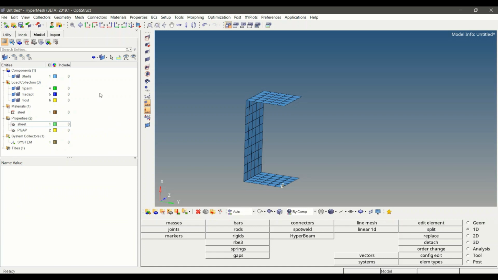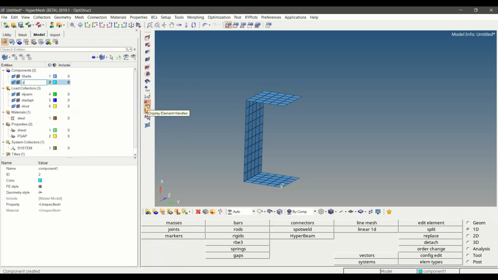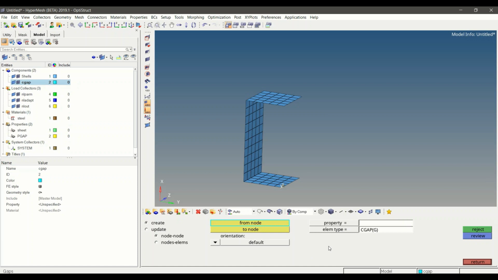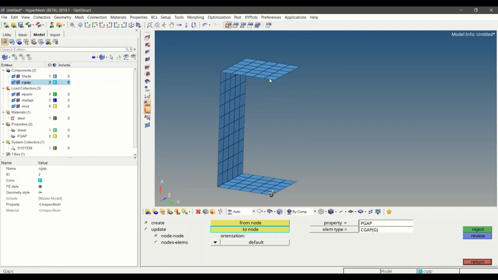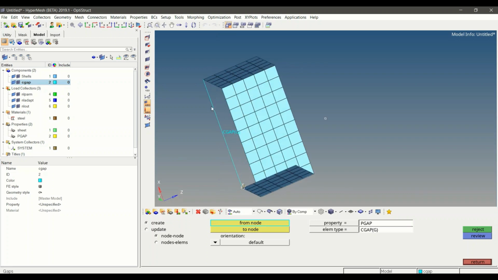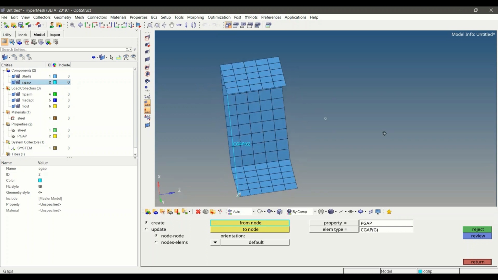Now to create a CGAP element, first we have to create a component for that. So creating a CGAP component. Now under the 1D option, go to gaps, select element type as CGAP, define the property PGAP, and select the nodes, that is point A and this is point B. This will create a CGAP element. Similarly,